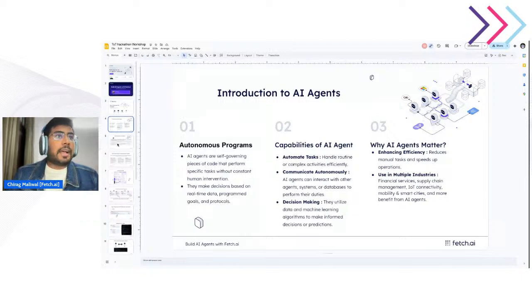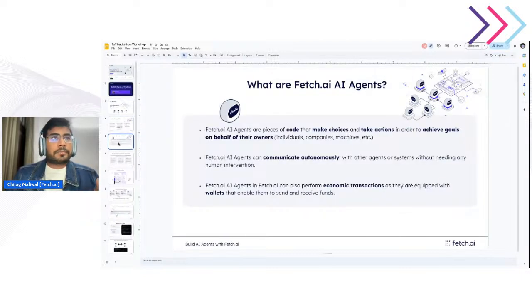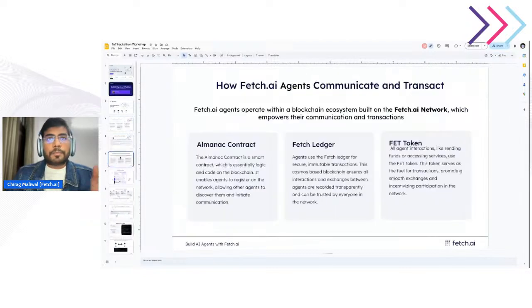So we have different components of our Fetch.ai ecosystem. One of the core components is the blockchain ecosystem built on the Fetch.ai network, which empowers our agent technologies to communicate and transact. The Fetch network is the foundation of the Fetch.ai ecosystem.